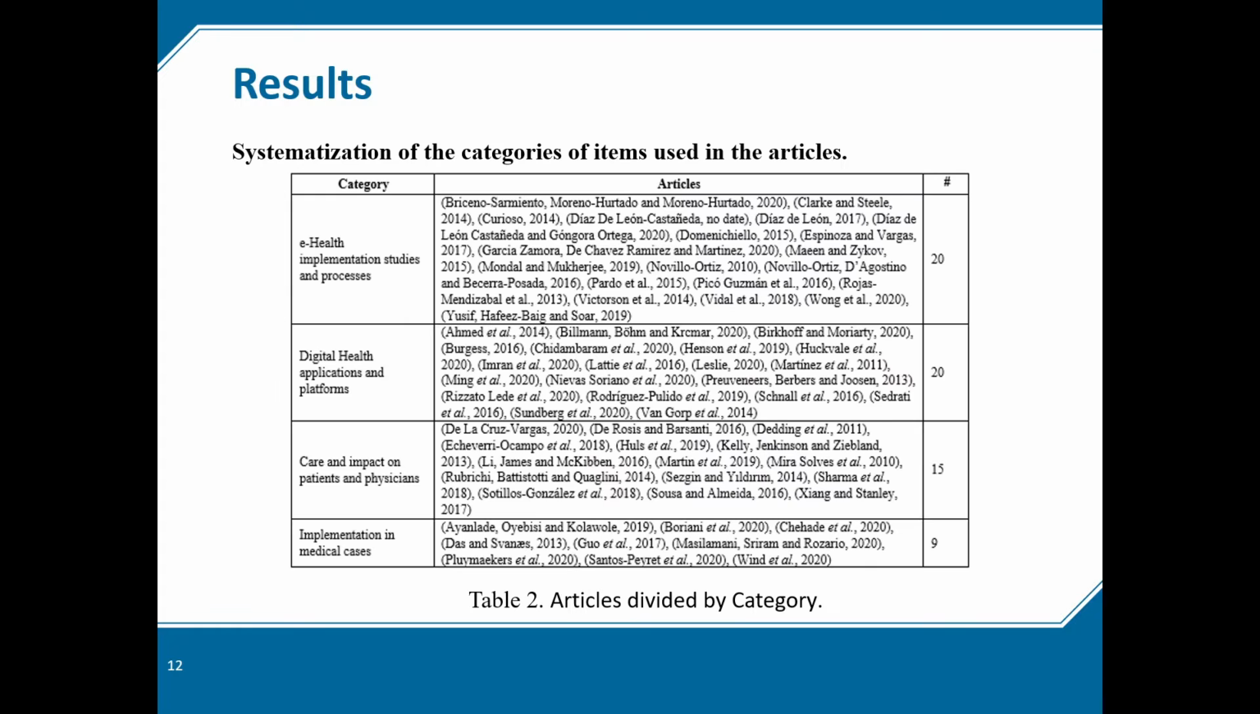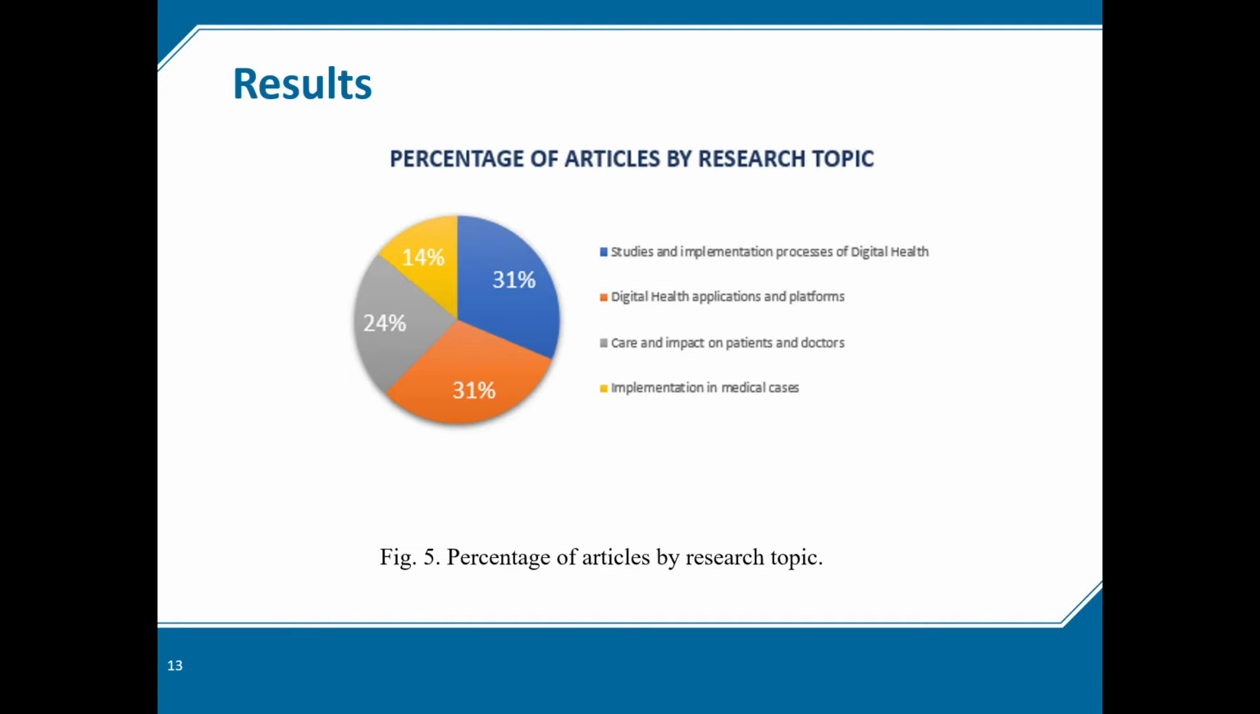In this section, we can observe a table where we will find the articles divided by categories in order to be able to answer our research questions posed above. We proceeded to make use of the 64 articles, which were divided into 4 categories. In this section, we can see the graph corresponding to the percentage of articles by research topic, in which we can see that articles on the subject of digital health studies and implementation processes account for 31% of the total